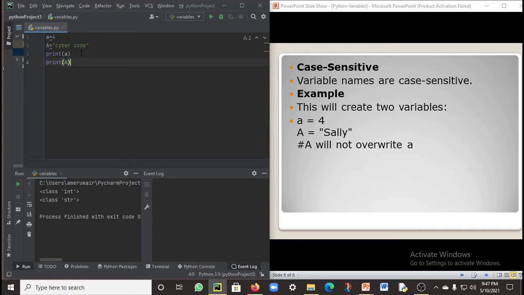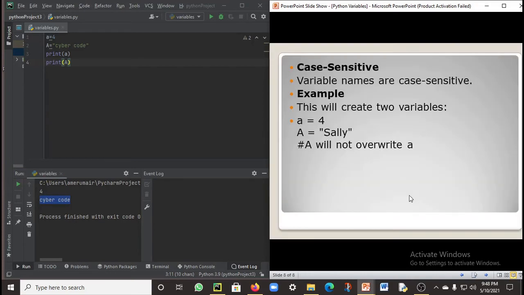All the variables are case sensitive. Small a is going to store one value and capital A is going to store another value, so the values will not be overwritten. Let me run this with Alt plus Shift plus F10. As you can see in the output, I have got 4 and cyber code.